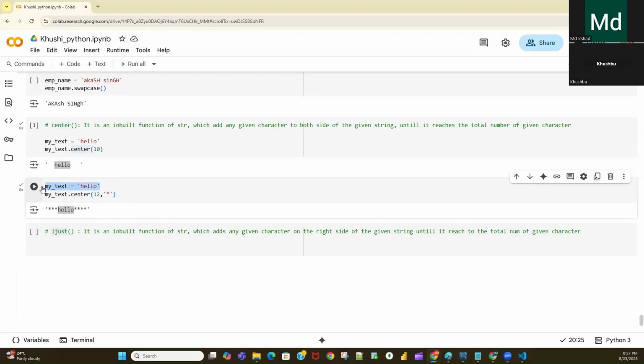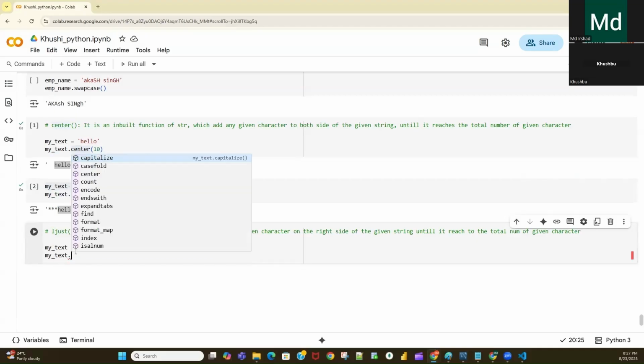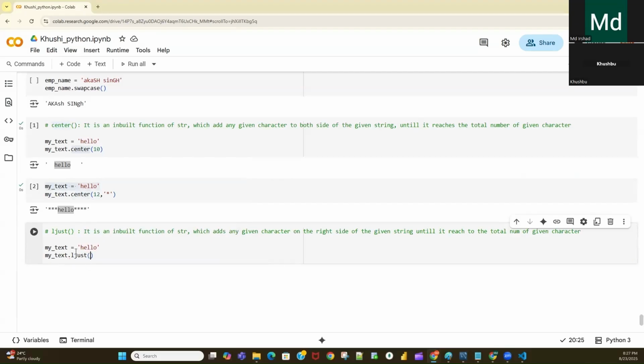So if I take this and here I write my text dot LJust function, and here I say 10 comma star. Now this LJust function will first count how many characters, 5 characters. So in total we need 10 characters, so it will add this asterisk 5 times on the right side.